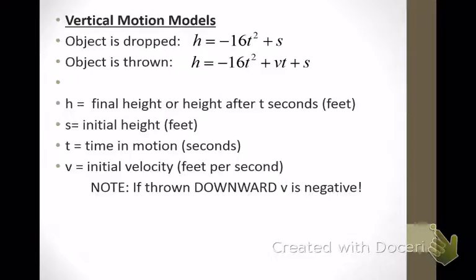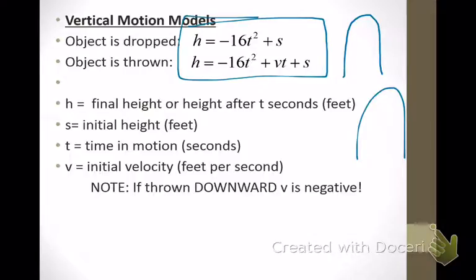There are a lot of applications for quadratics, but one of the most popular ones is the idea of what are called vertical motion models. Vertical motion models is basically something to the effect of if you throw something up in the air and it's going to come back down, and so make a parabola. Or if something's launched up into the air and comes back down, you get the idea that those are going to be parabolas, and so modeled by